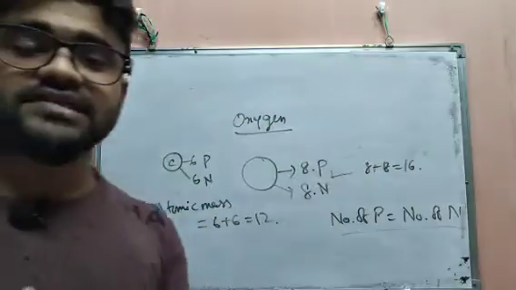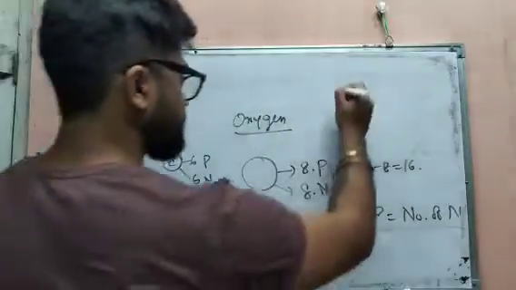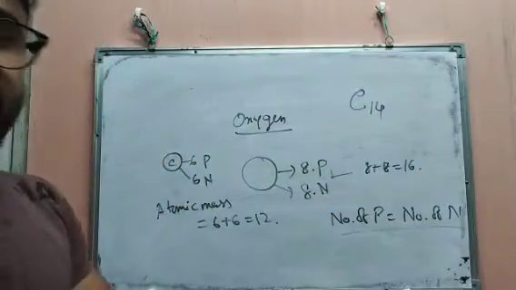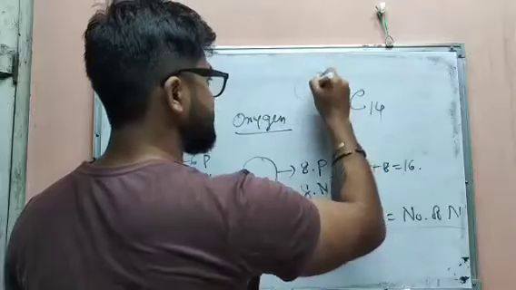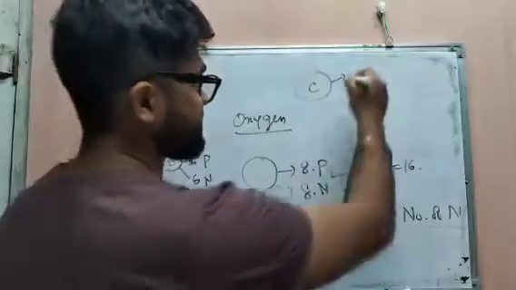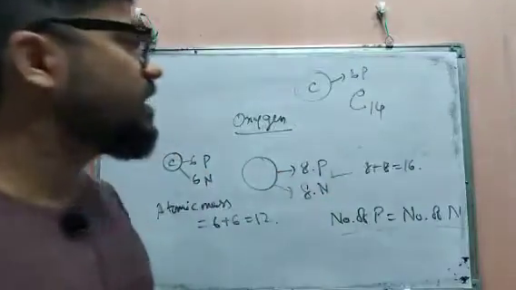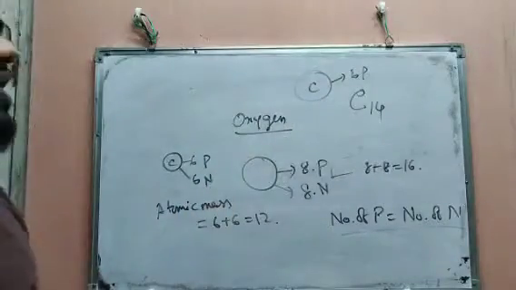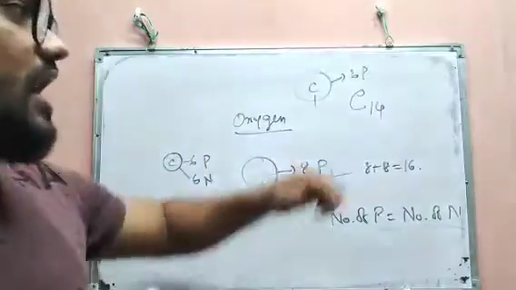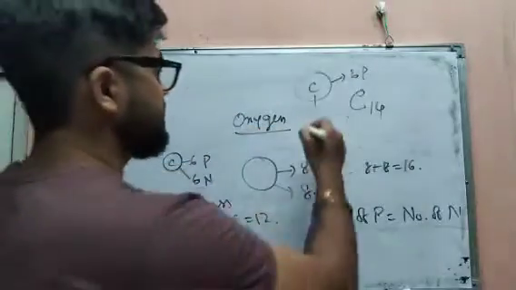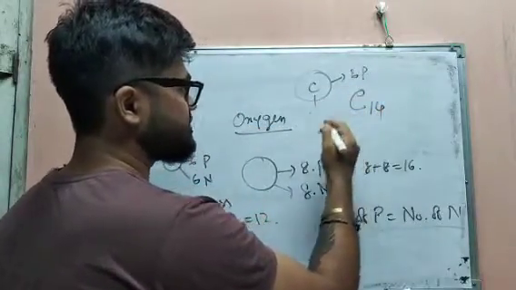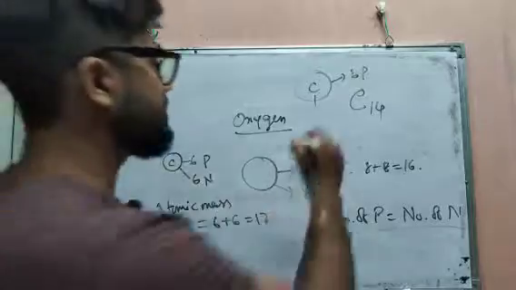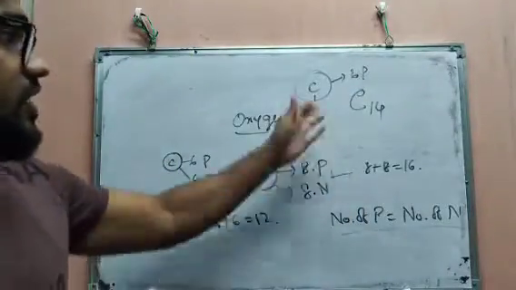But there are some cases when we get carbon 14. In this case, suppose there is a carbon, the number of protons remains the same, 6. But the number of neutrons will be different. Suppose it is like carbon 12, carbon 14 and carbon 16. Suppose 8 neutrons are there.